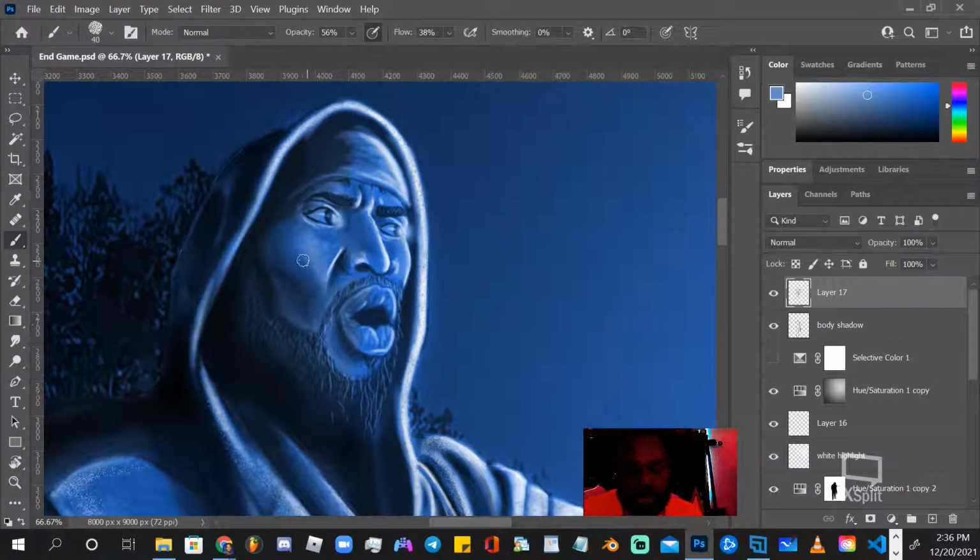Alright, so we got that cheekbone kind of high. And I need to fade this back a little bit here. It's a really distinctive line here.